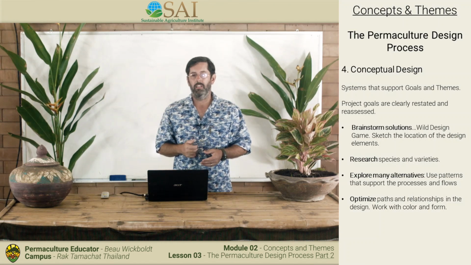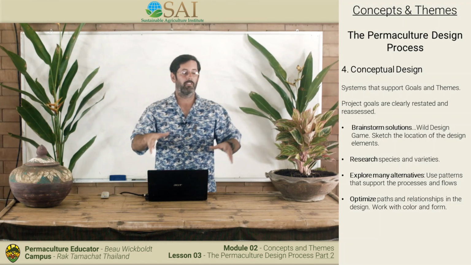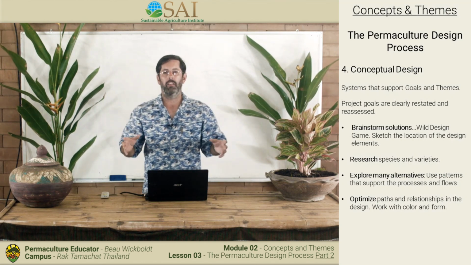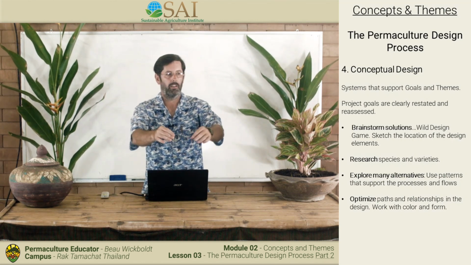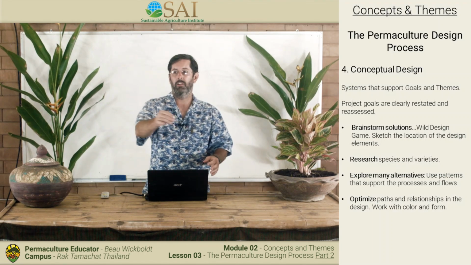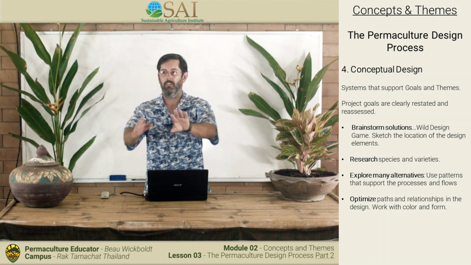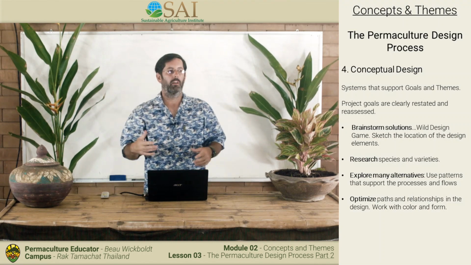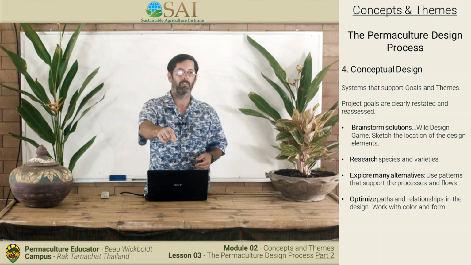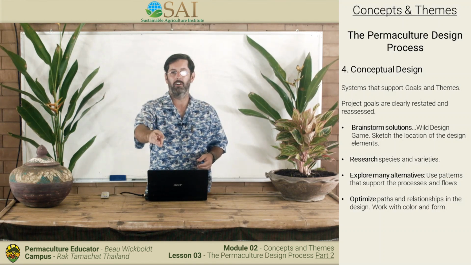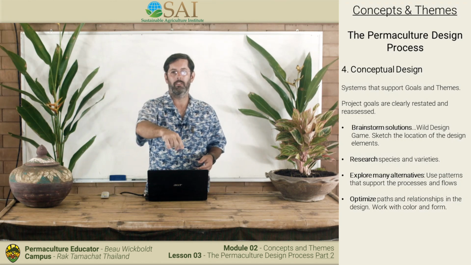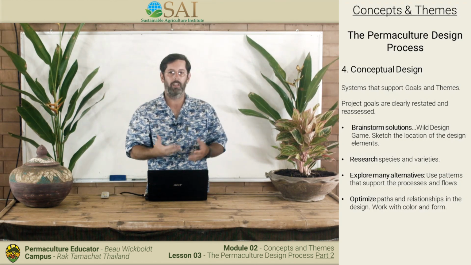Optimize your path and the relationships in your design. Once I start to do my research, I can start to get the relationships, and then I place the elements on my design, and they get more solidified in the right place. This is here because it's interacting with this, and this is here because it interacts with this. Now I can say, I placed this element in this place on my design because of this. Why did you do that? This is what we're trying to explore, to answer that question.